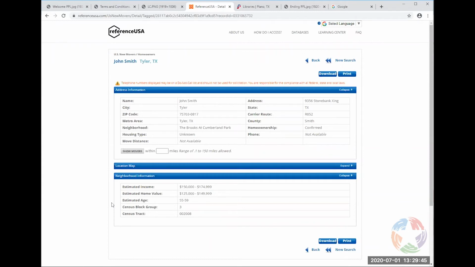So people in this neighborhood will generally make between 150 to 174,000. Their estimated home values are generally between 125 and 149,000. And their estimated age for this guy is like 55 to 59. You know, take that with a grain of salt. It's what they generally know about people in that neighborhood. Okay, so we're going to go back.